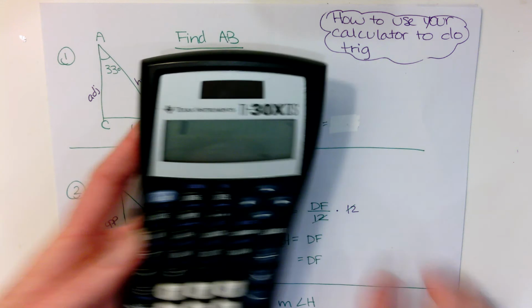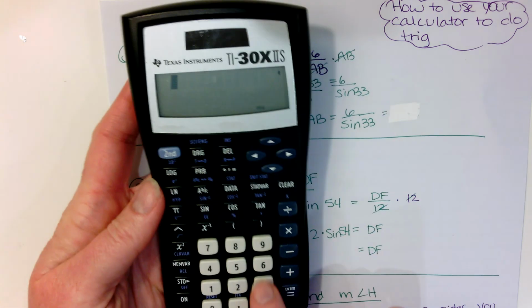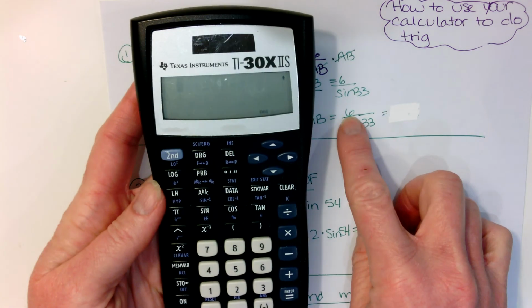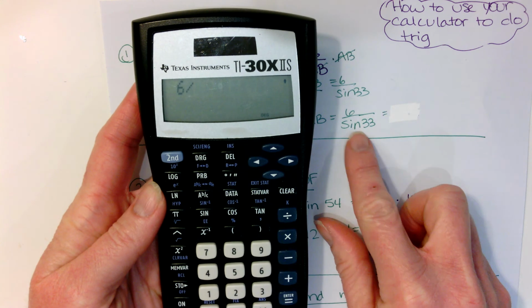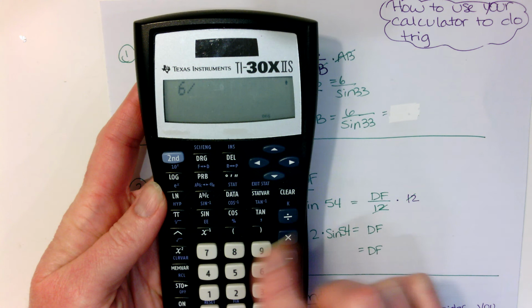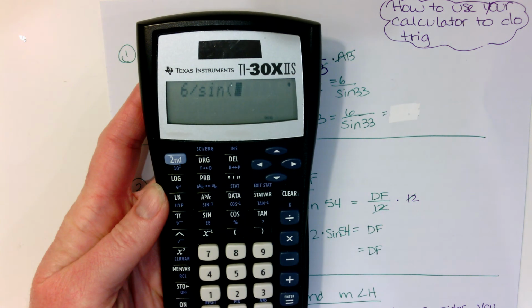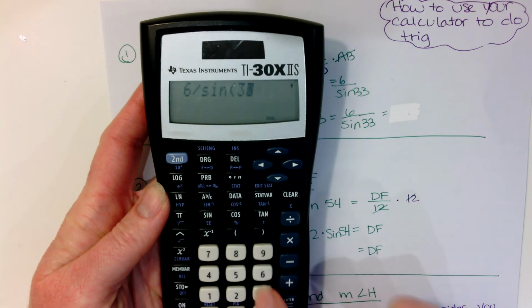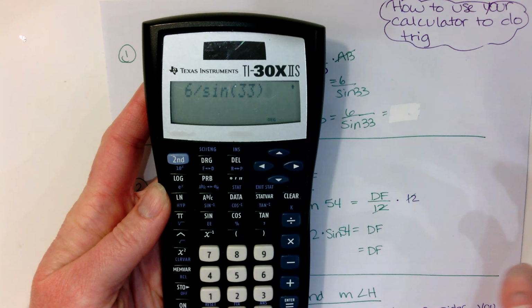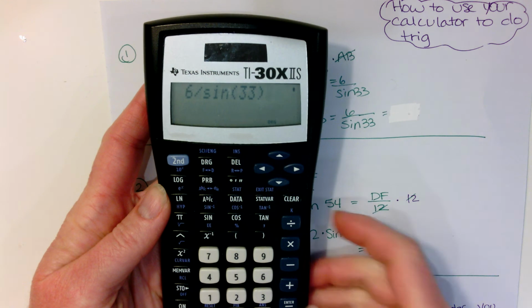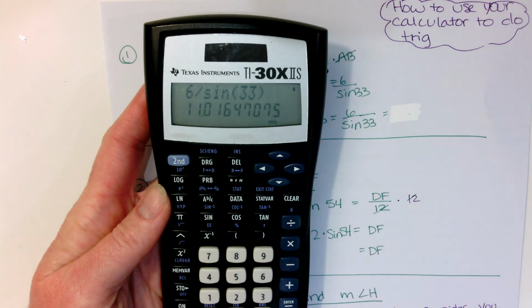So on this calculator, let's enter it as we see it. It's 6 divide by. Now on this type, I'm going to touch sine first. When I do that, it opens a parenthesis and I insert the degrees, 33 degrees. You can close parenthesis or not. This particular calculation, you won't get an error because of a parenthesis. Hit equals and you'll see that our answer is